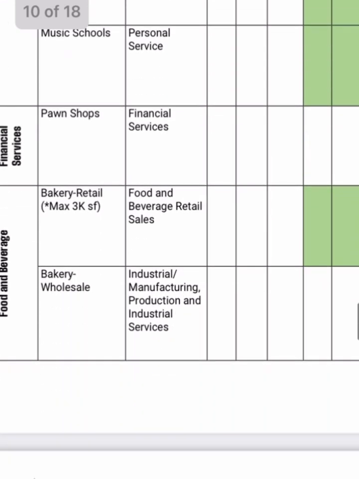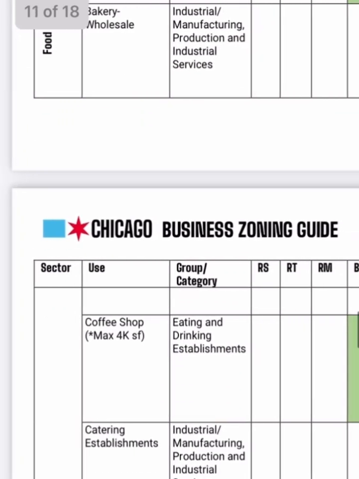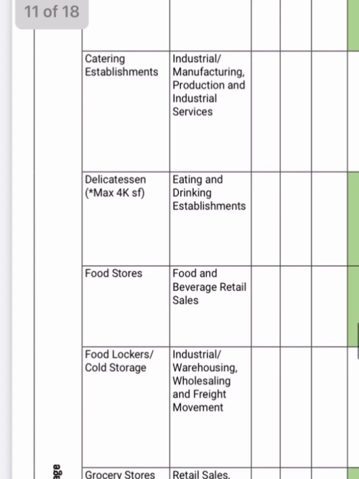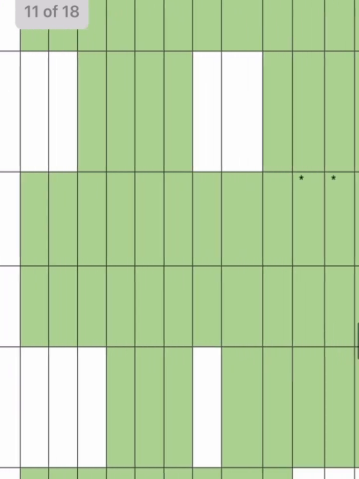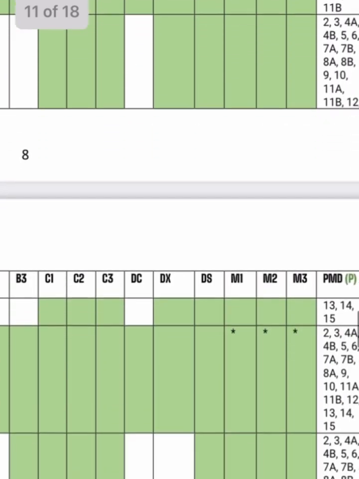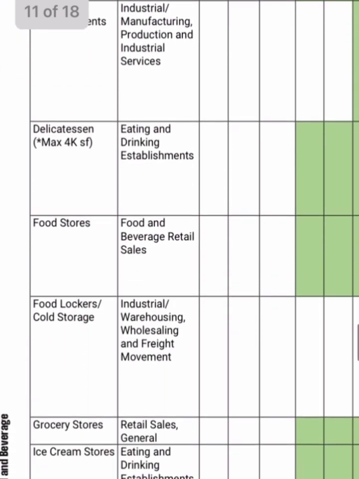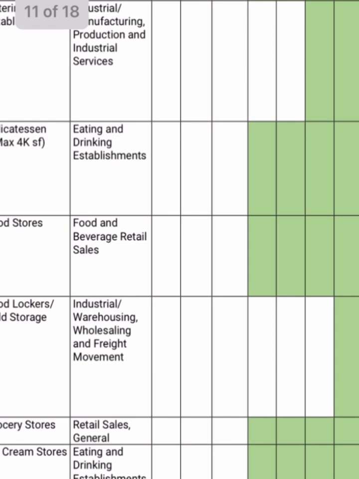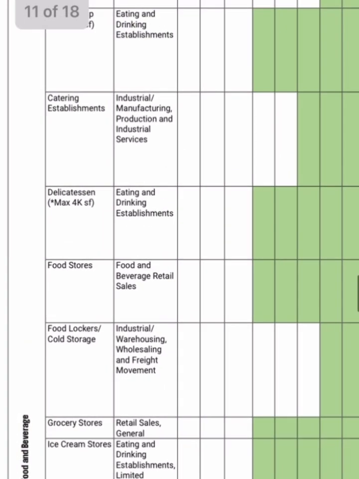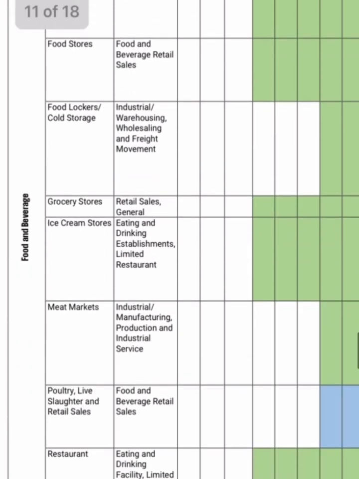Let's go down. Bakeries. These are all the food services. Coffee shops. We have a deli, food stores. None of these are allowed anywhere near homes. Some of these aren't allowed in downtown areas, and you wonder why. Don't we want people to get catering and delis and food stores? Again, if it's a huge operation, it makes sense. So if you have a certain number of employees or a certain number of vehicle requirement, then we understand not being allowed. But just arbitrarily limiting the corner stores or the little delis or little coffee shops from being near homes is absolutely bonkers. Those add value. I would love to go across the street to get a coffee or to get a sandwich.